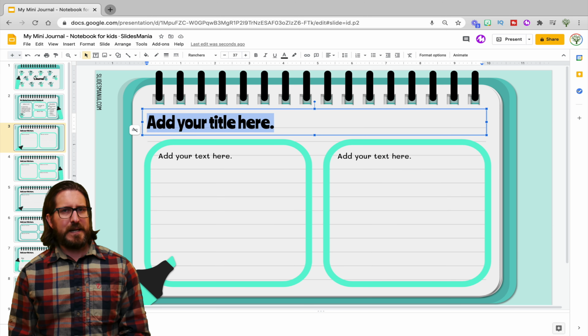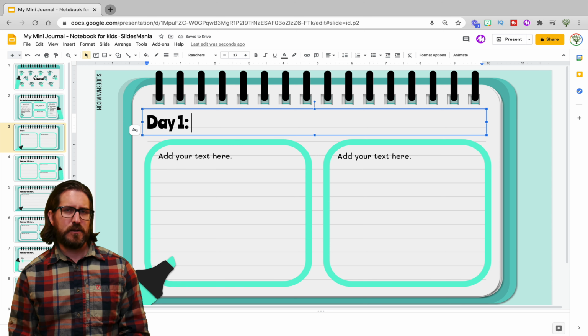One option would be to set up all your prompts ahead of time and assign them all at once. But I also want to show you how you can have students add new pages to their Jamboard after they've been assigned. So for this example, I'm going to show you how to create a couple of prompts to start and then add new pages to the Jamboard later.